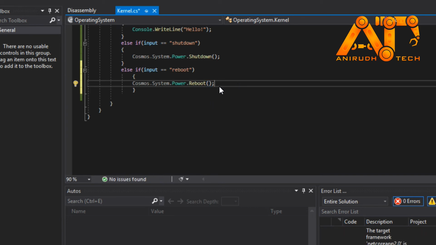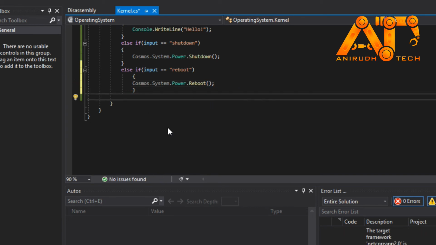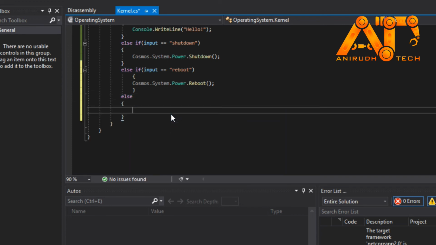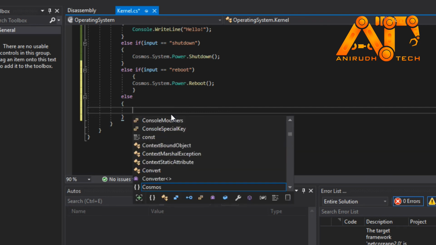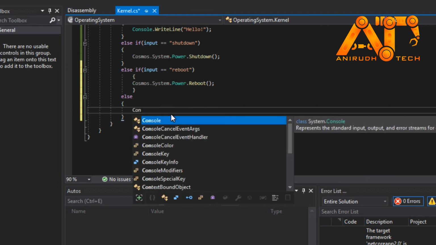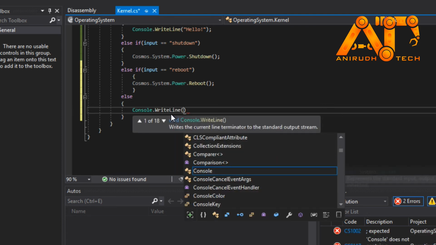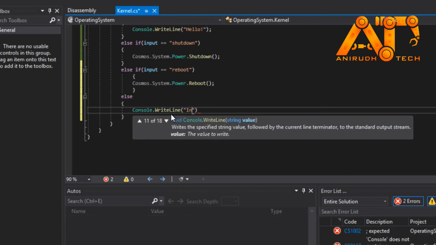Now we can check it, and as default I'm giving an else statement here. Else, Console.WriteLine, you can give anything, like invalid command.